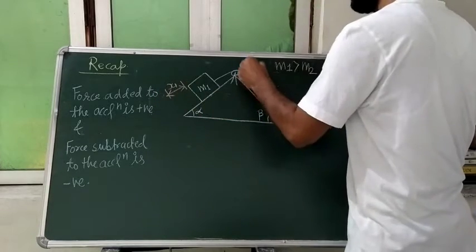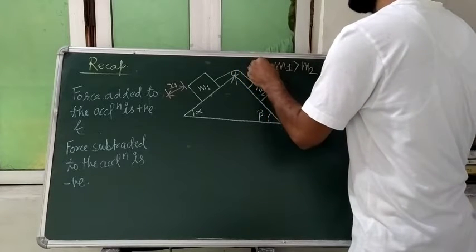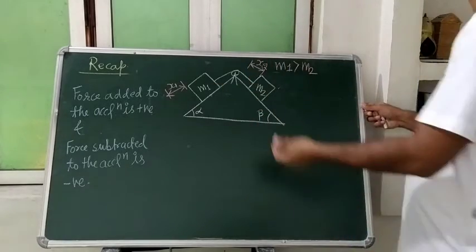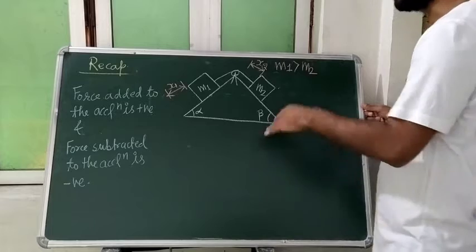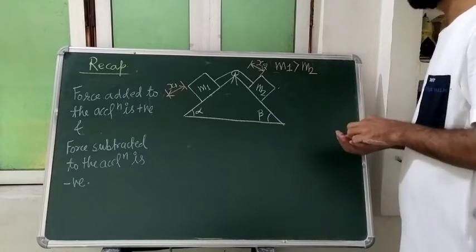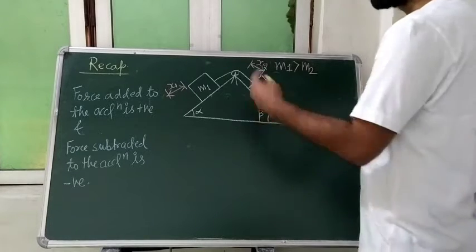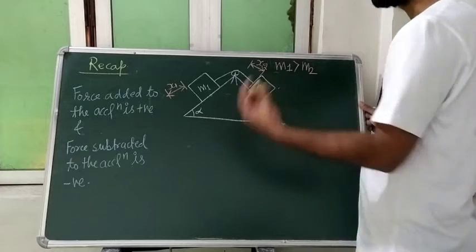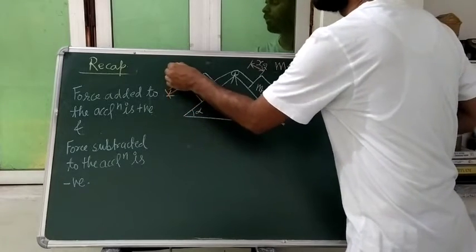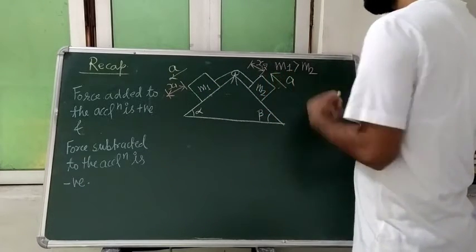So the same distance it is going to travel. Suppose this is x2 here. So x1 will be equal to what? x2, because the length of the string is not going to change, it is inextensible. So if x1 is equal to x2, by differentiating with respect to time, we get that velocities will be equal, and when we differentiate again, accelerations will be the same and equal, and they will be in the same direction. So our acceleration will be this.